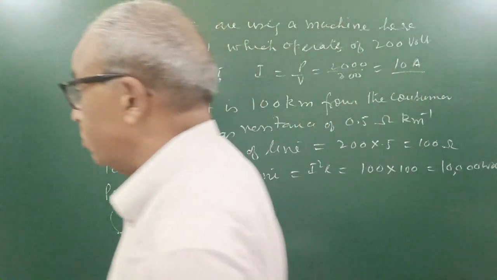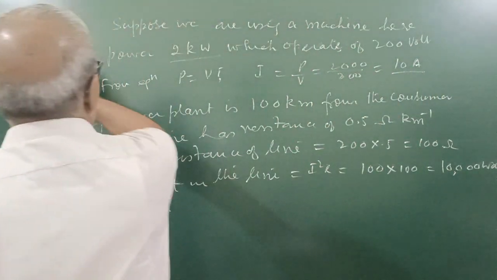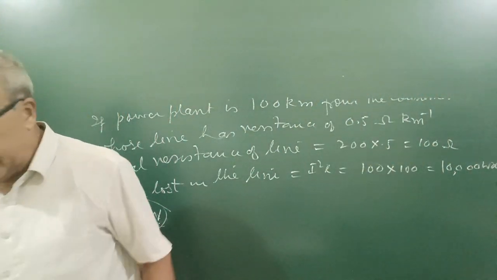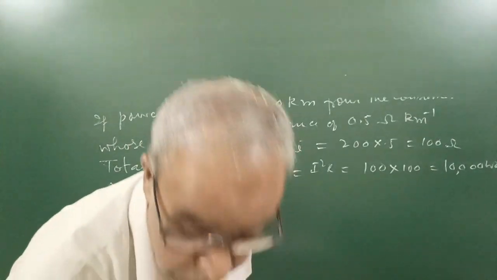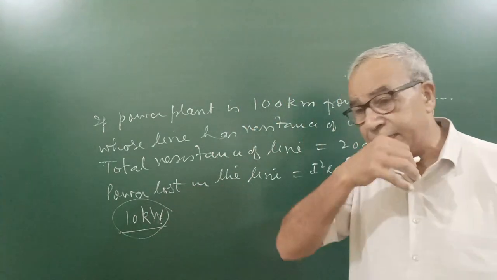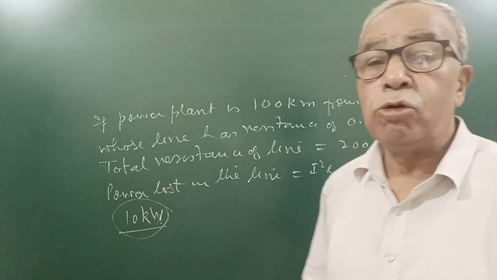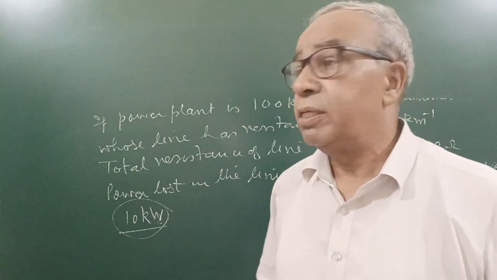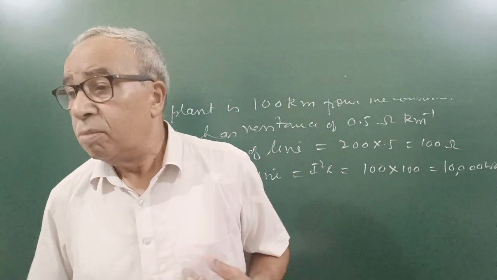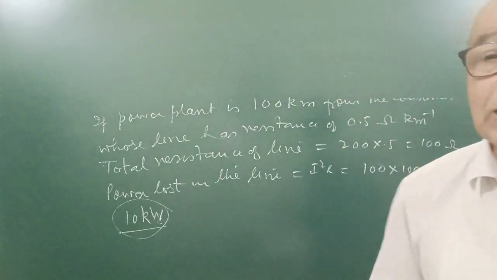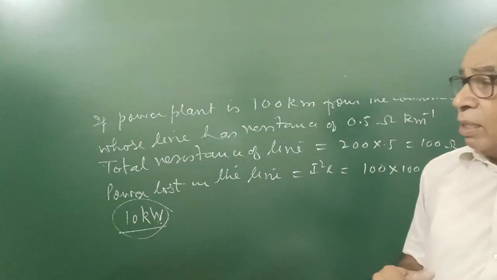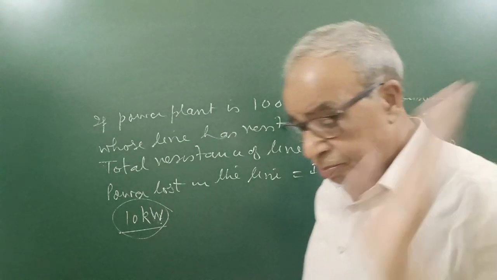So what to do? Heat loss is proportional to I square, so we have to minimize current. Actually, dear student, if we are producing the electricity here and consuming here, then it is useful to use a DC generator. In your vehicles, car, train, bus, scooty, motorcycle, there is a generator which generates DC because that is used at the same place. But when the generation plant is at a large distance from the consumer, then